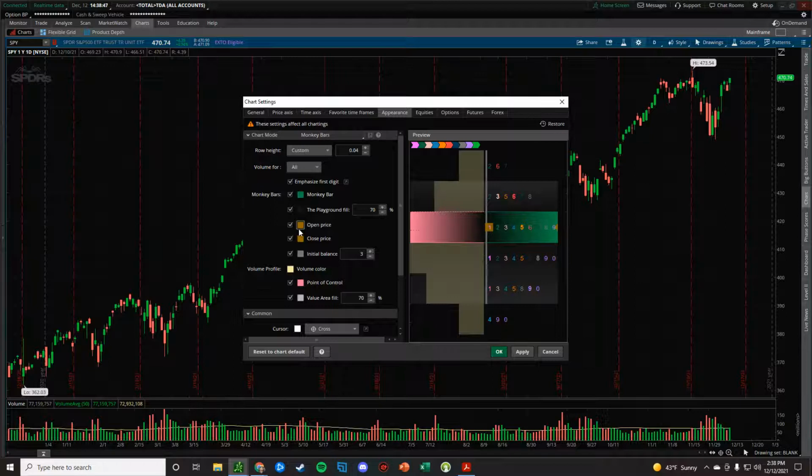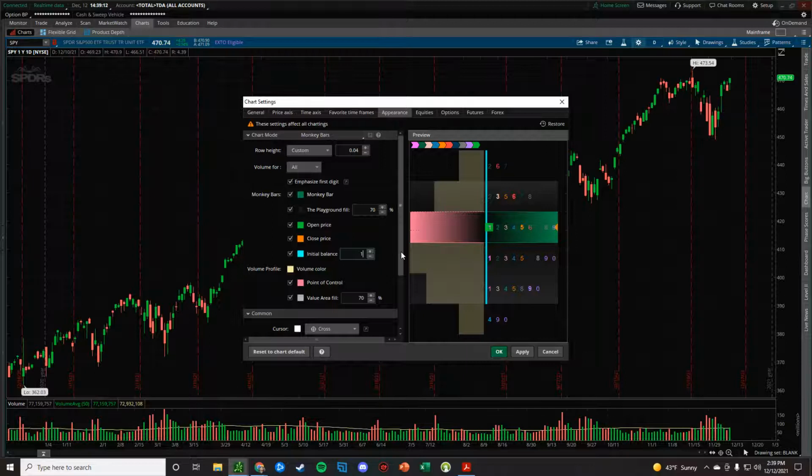We're going to go to our open price and make sure that's on. I like to indicate that with a green square. For our close price, we're going to use a brighter orange, which is going to be a bright orange arrow to show us where the price is closing. Then we're going to have our initial balance. I like to use something nice and light, easy to see,